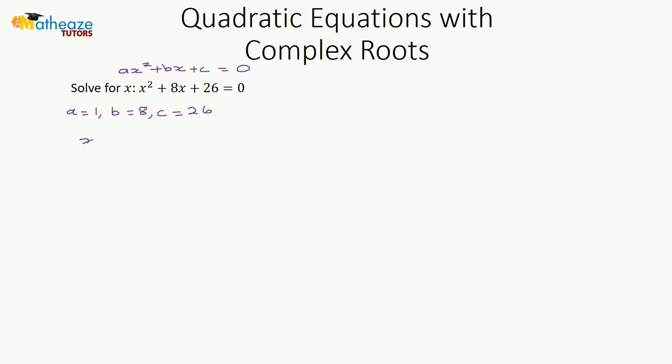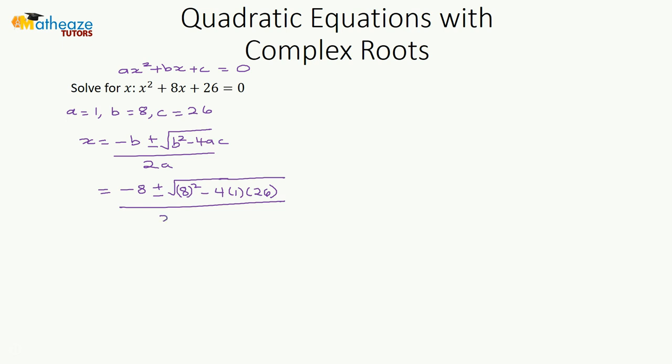Now x is equal to negative b plus or minus square root of b squared minus 4ac over 2a. Now we substitute, we have negative 8 plus or minus square root of 8 squared minus 4 times 1 times 26